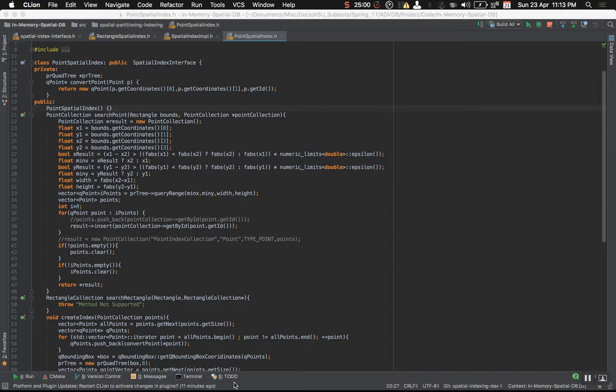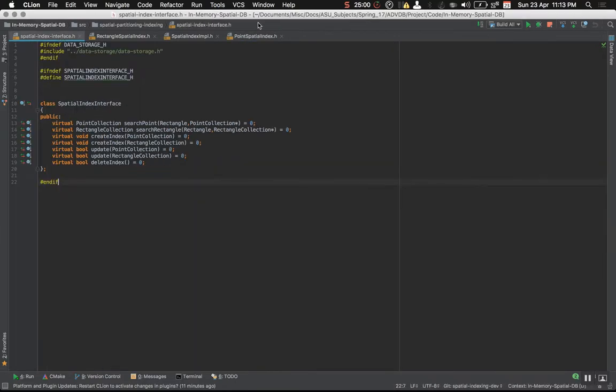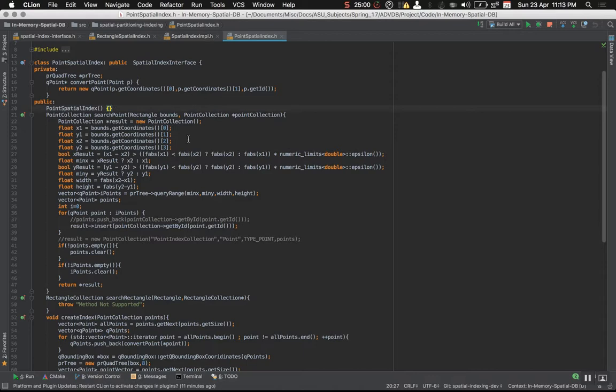So the initial code changes that we did were to integrate the new APIs that they had brought in for rectangle collection as well as point collection. As you can see in the code on line number 40, in point spatial index we have the new point collection. This particular API is what we were depending on for invoking and initializing the result set, but unfortunately that was not working for us when we were doing our initial integration. So we had to modify this to integrate with the latest